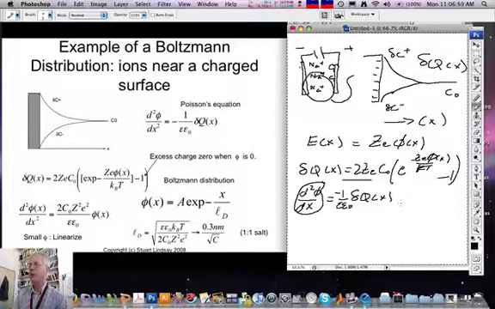However, in the limit that the energy of the ions is small compared with kT, and remember this is where we want to be because we don't want ions sticking to the electrode in the first place, so when Ze phi is a small number compared with kT, we can expand this exponential in a Taylor series, and when we do this and retain the first order term in electric field, we then end up with a very simple differential equation that says the second derivative of the potential is some constant times the potential itself. You know the solution of equations of this form, they are simply exponentials,